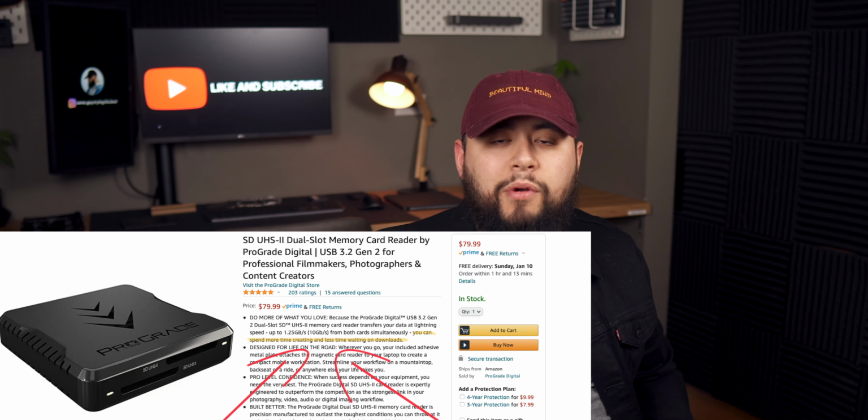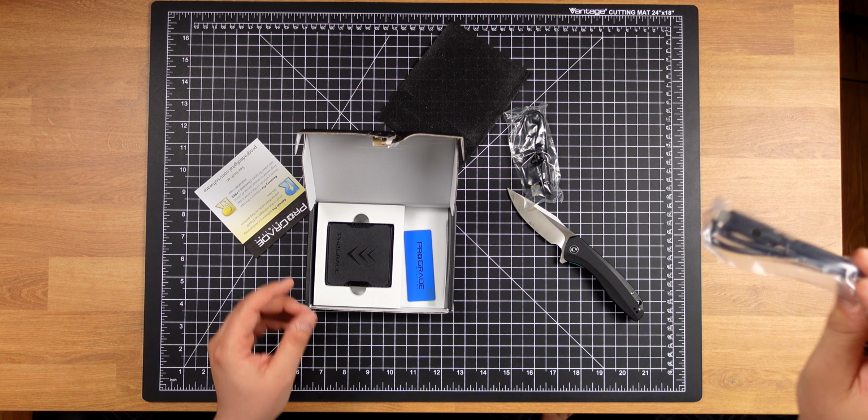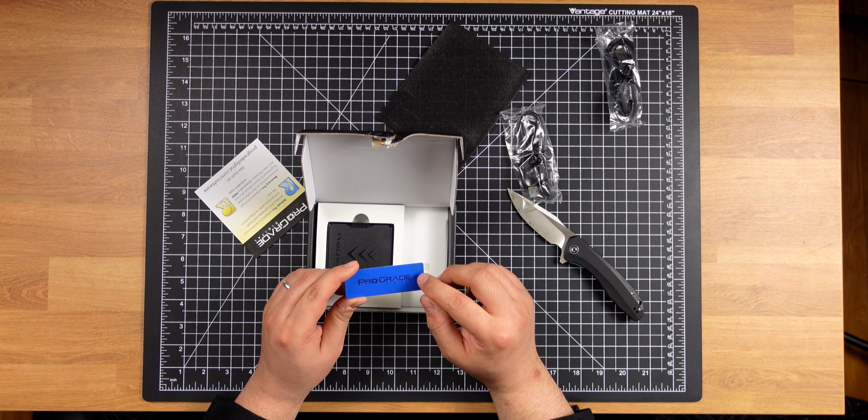So you definitely get a Prograde PG08 user's guide. All right. So in the box you get a USB-C to a USB-A cord. You also get a USB-C to USB-C. They include in the box an adhesive metal plate which attaches to the magnetic card reader, to your desk